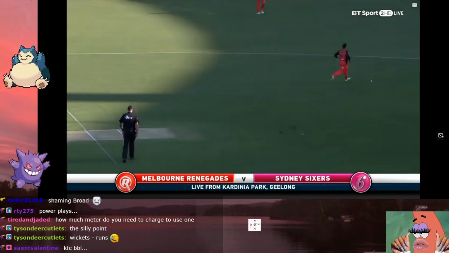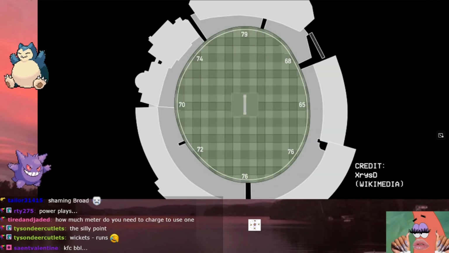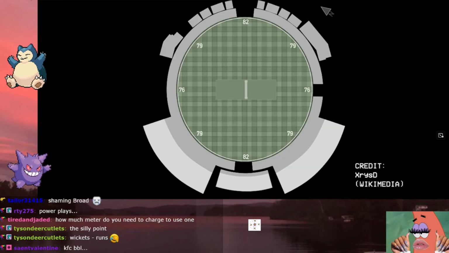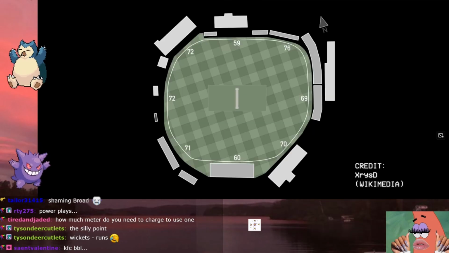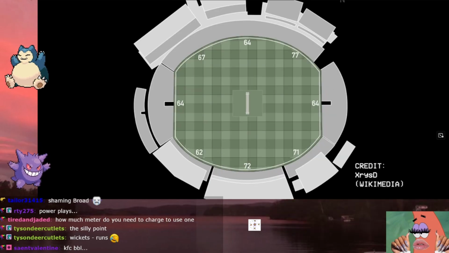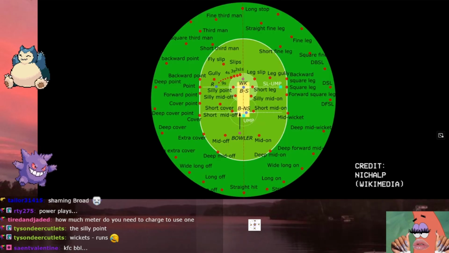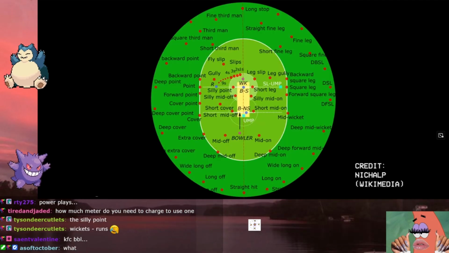One similarity is that every cricket ground has different dimensions and a different shape. And much like in baseball, this means that certain cricket grounds are more favorable or less favorable to different play styles. Another difference is that in cricket, the positions refer to places on the field and not necessarily